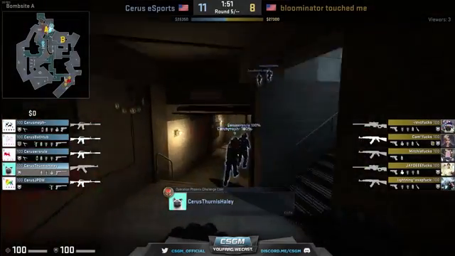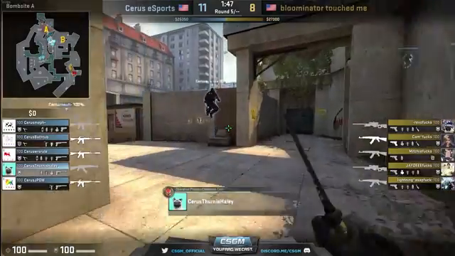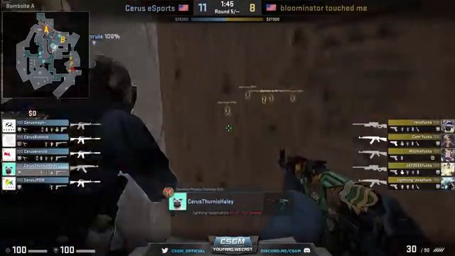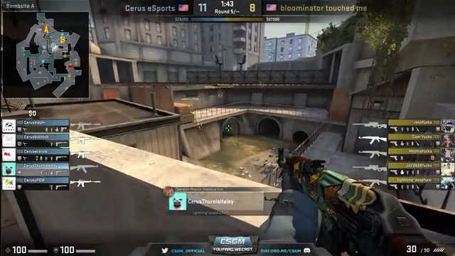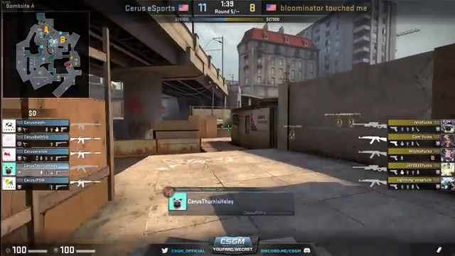Second buy round, though, from the side of Bloominator. So let's see, especially with the AWP now on Revo and JD, let's see what they're able to do as they start to move towards the B-bomb site. Yeah, so Bloominator, to be honest, have quite a similar